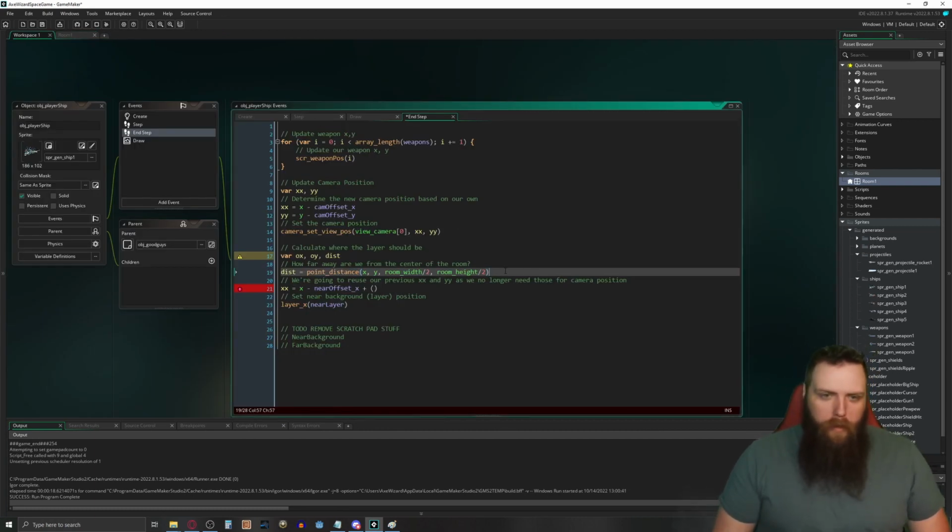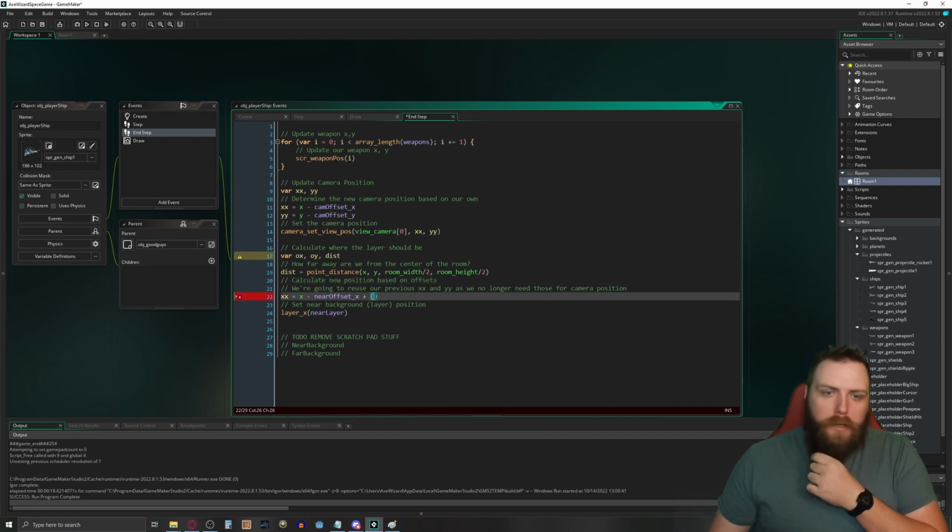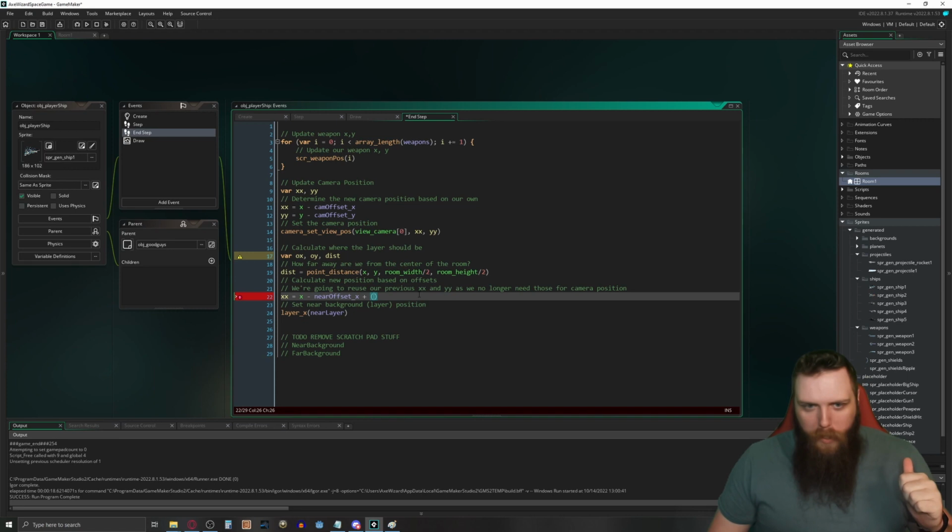And then calculate offset. We're going to calculate new position based on offsets. So what we're going to do is it's going to be,